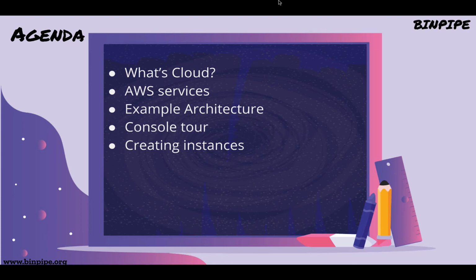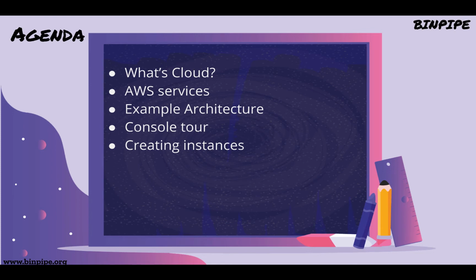Then we'll understand what AWS services are, like what the AWS cloud comprises of. For those who are not aware, AWS stands for Amazon Web Services. This is what the Amazon cloud is otherwise known as. Then we'll move on to understand one example architecture which is deployed on Amazon cloud,